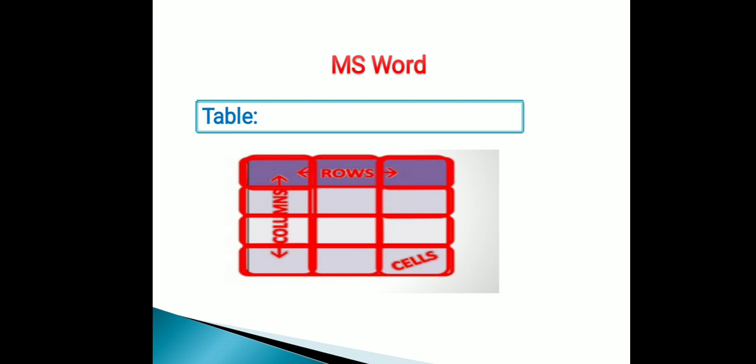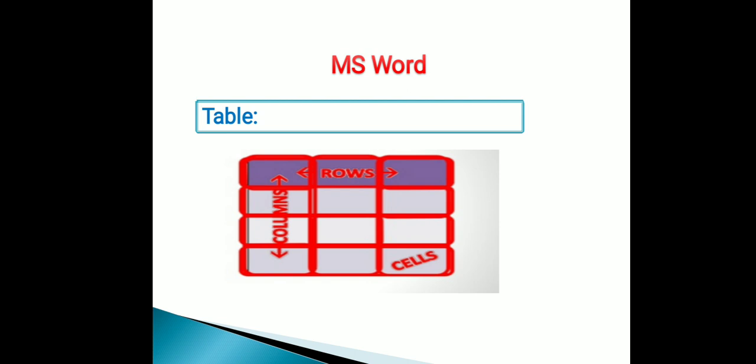You can see here in the image, the first row. This is the horizontal section of the table, and you can also find here the cells. So what are cells? Cells are the individual squares in which you will place text, image, or graphics. You can enter text and information here. So you can see here the columns, rows, and cells.